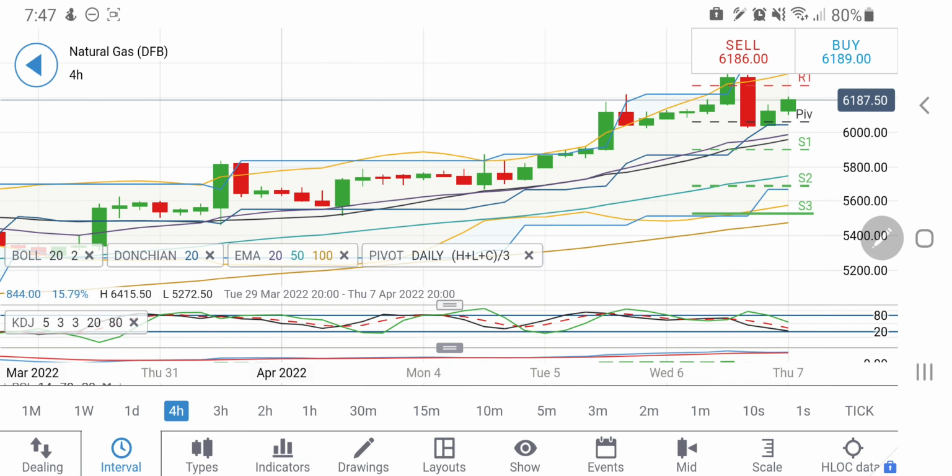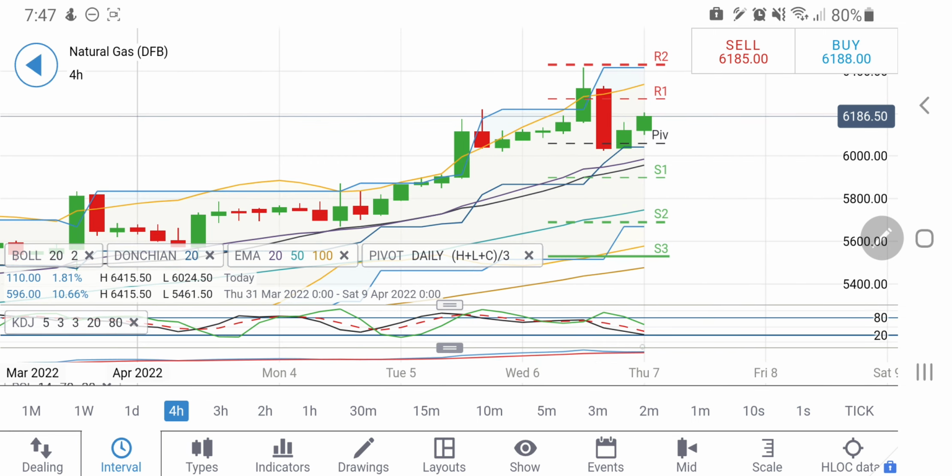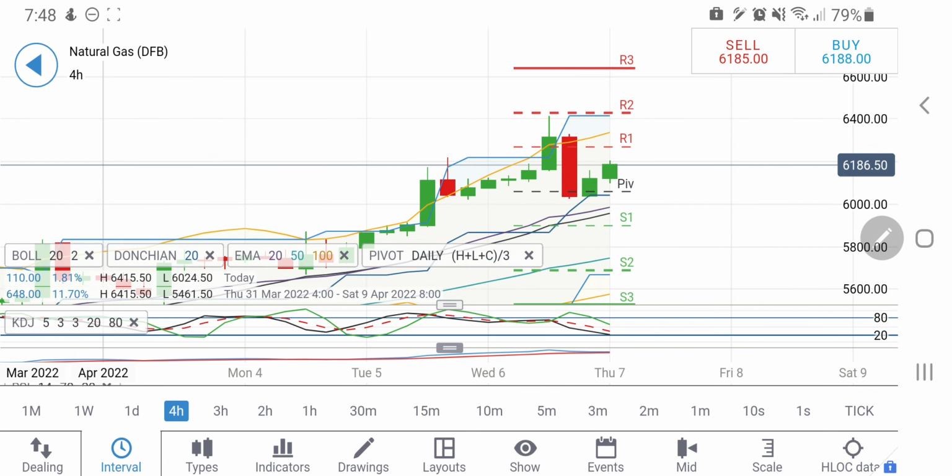On the 4-hour chart, see, a rise, a retracement candle, and now with the support at around 6.05, it is again trying to give a rise. However, it is possible that it can retrace a bit again towards this zone, that is 6.3 and 6.35, 6.3 and 6.38, in fact 6.4.